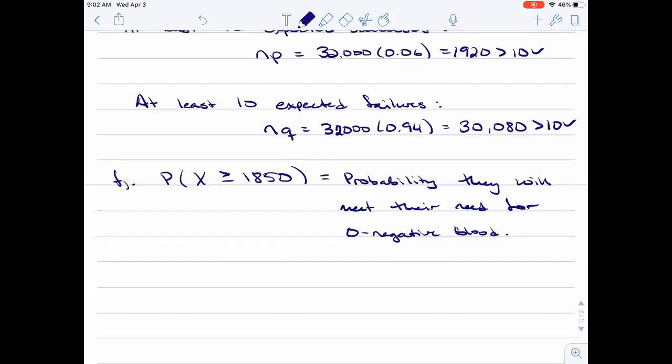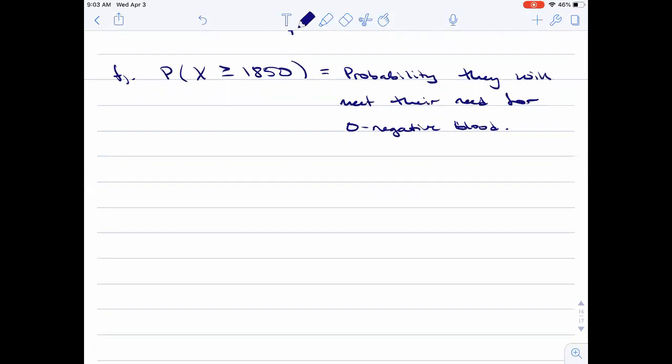We already saw one of these, right, where we had to say, okay, what's the probability of the index increasing in more than 3 of the weeks out of 5? We had to find the probability of increasing in 4 weeks, and then in 5 weeks, and add those two up. Now we would have to go from 1850 all the way to 32,000. That feels a little crazy, right? But what we can do is use the normal approximation and say,